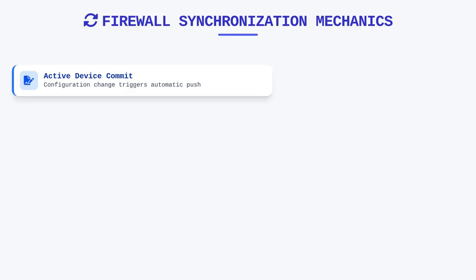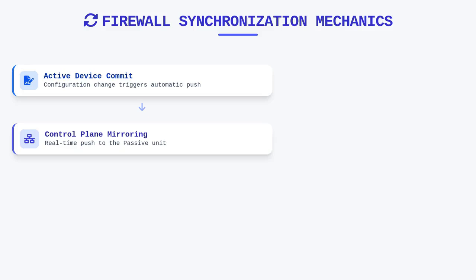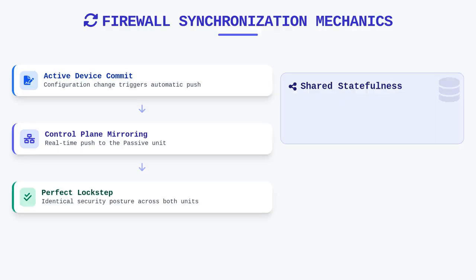The mechanics of synchronization extend beyond heartbeat packets and touch upon how configuration mirroring keeps the firewalls in perfect lockstep. When you commit a configuration change on the active device, the system automatically pushes that update through the control plane to the passive unit, ensuring that both devices operate under the same security posture. This process is synchronized to maintain statefulness, meaning that the session table, the address object database, and the decryption cache